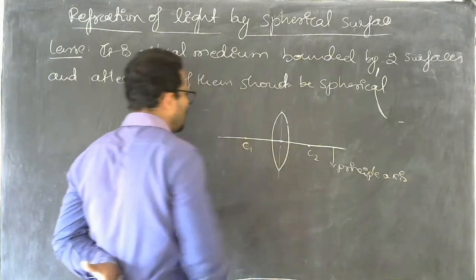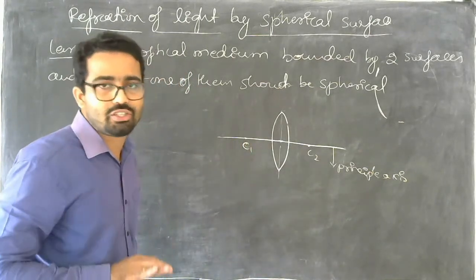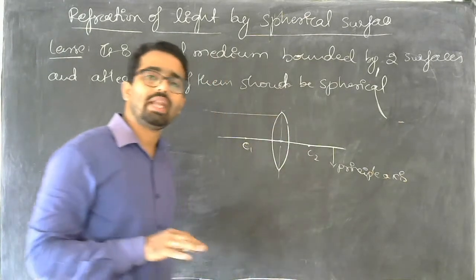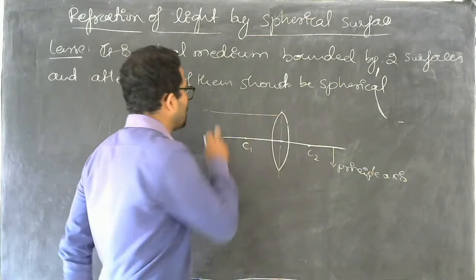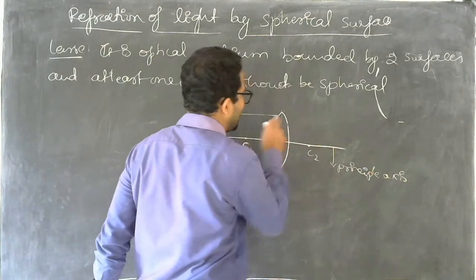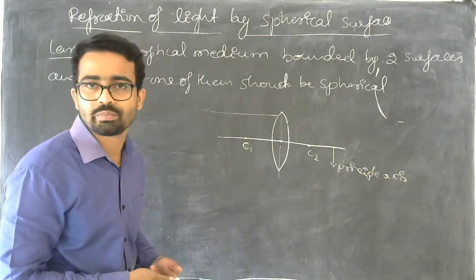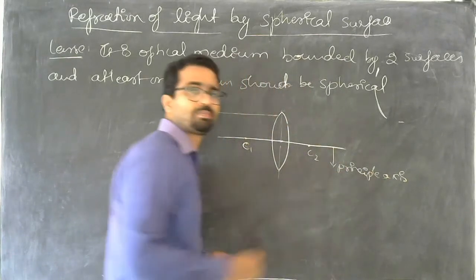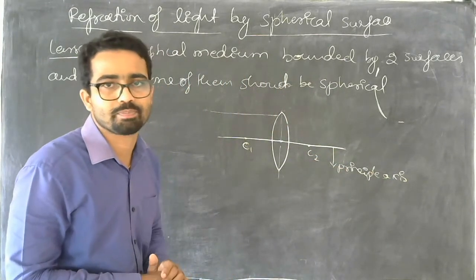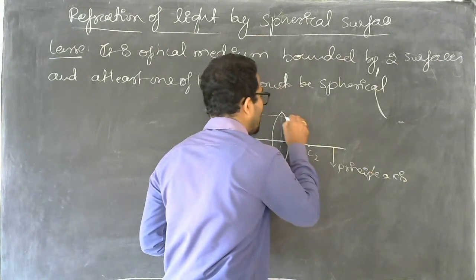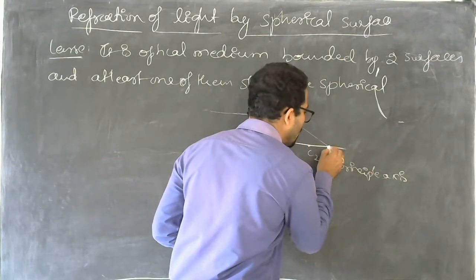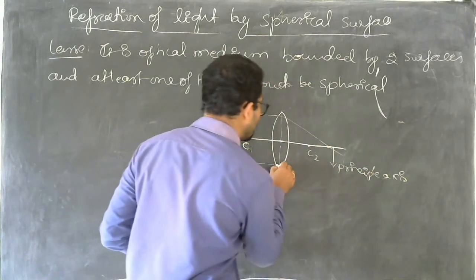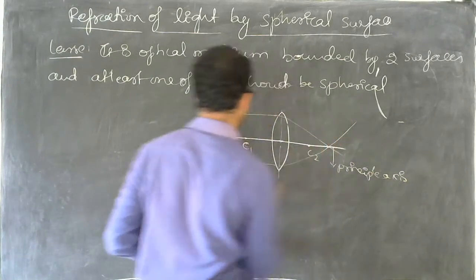Now, if a parallel beam of light, parallel means all the rays are parallel to one another, is incident on this lens, after refraction they meet at a point on this principal axis. They will cross that principal axis. See, this will refract like this, they will pass like this. So this is the meeting at one point. If I consider many rays like this, they will meet at this point.